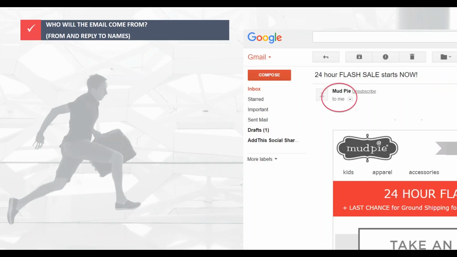So is this going to be your standard from, or are you going to try something different? I know a lot of email marketers out there aren't even thinking about the from address. So in this case, it's Mud Pie. And you can go through the rest of your life just sending out every email with Mud Pie as your from address. But this is actually a great opportunity for you to